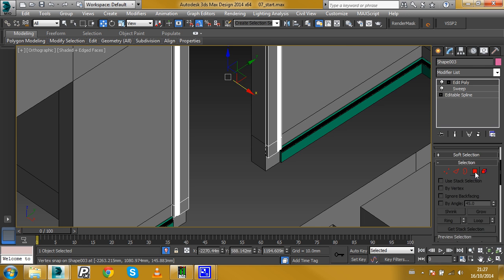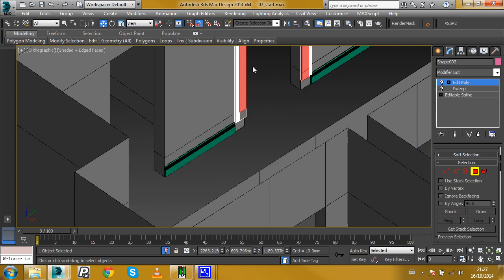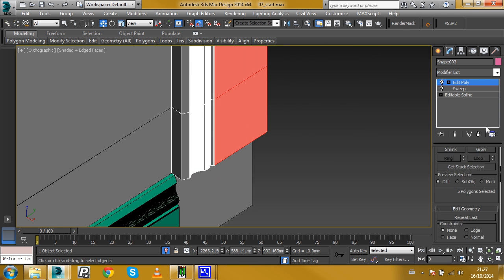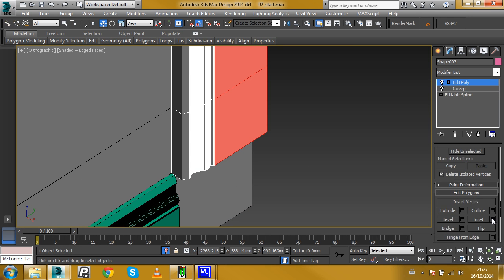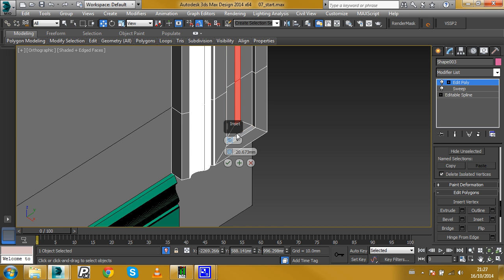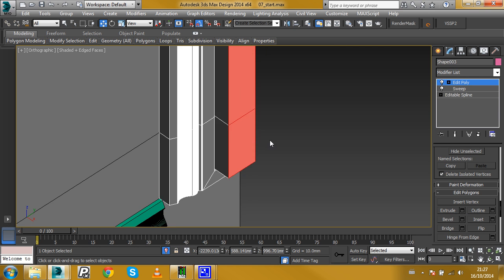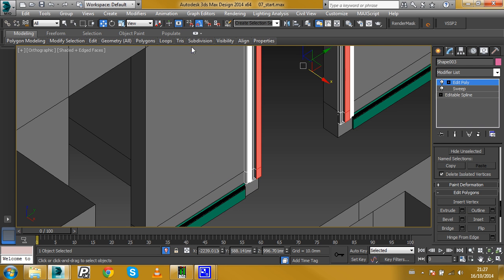So under your Edit Poly, select Polygon, and we're going to select all the front faces here. We're going to use the inset function, and we're going to pull it in around about 20 millimeters. Just tick that. If we use extrude, we'll extrude it in, around about there. Use inset again, probably around about 2 millimeters, and we'll just extrude that out anywhere like that. I'm just going to snap it back,